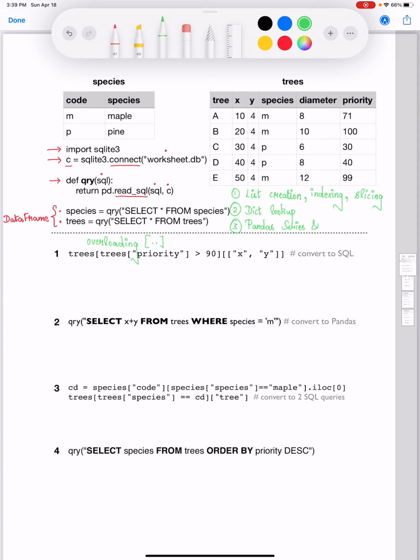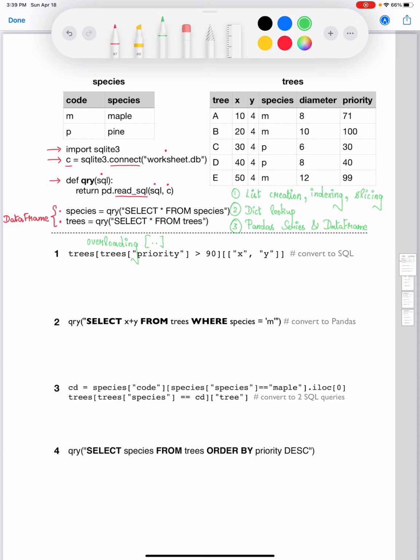Recall that we can either use square brackets as such to look up values within these data structures, or we can associate it with .loc, which stands for location lookup, which looks up a value based on index, or .iloc, which stands for integer position location lookup, which enables us to look up a value using the corresponding integer position.